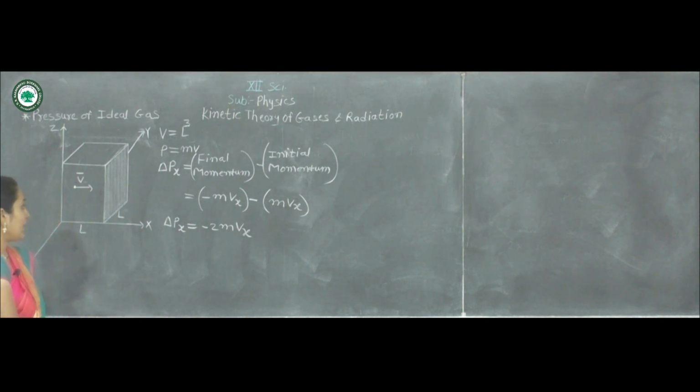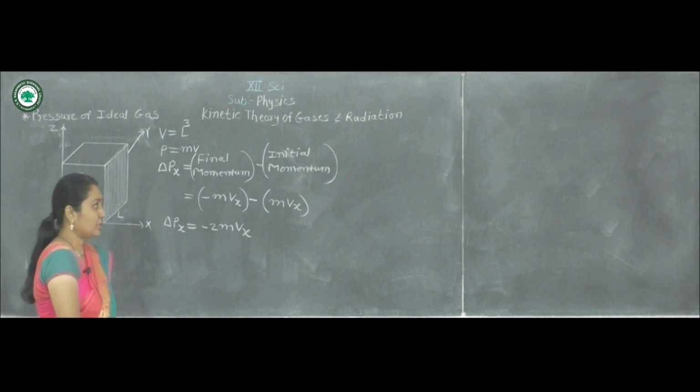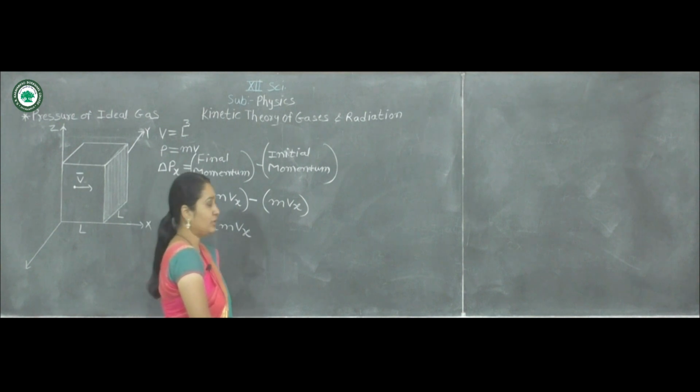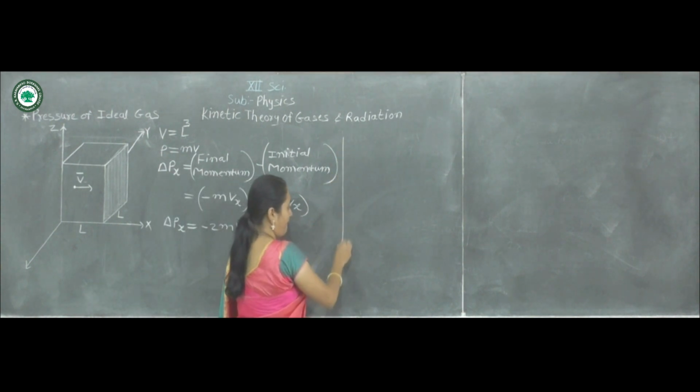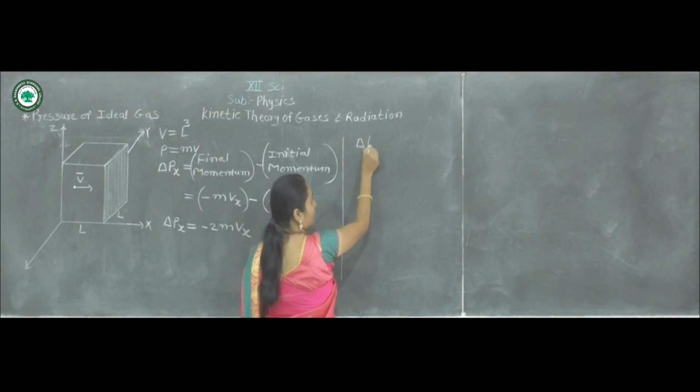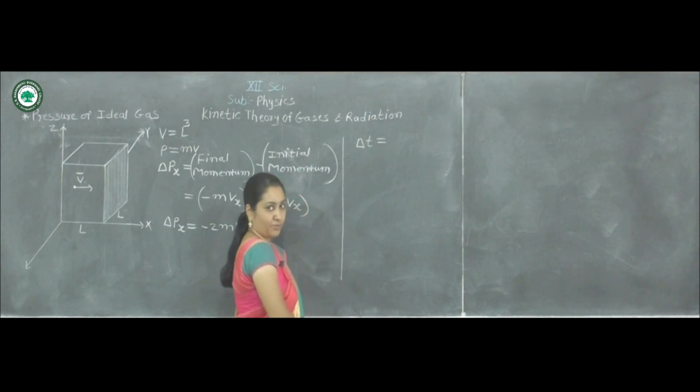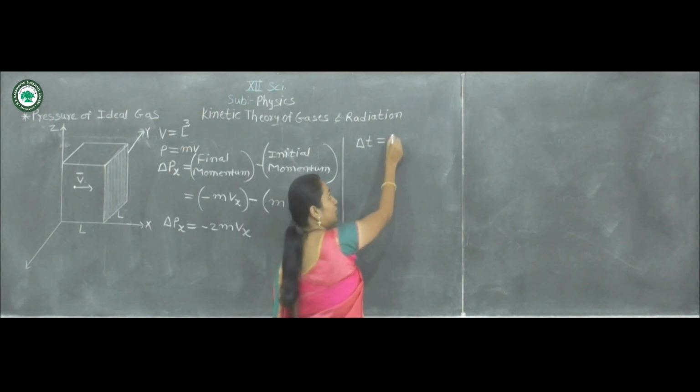Now the particle or the gas molecule is moving in this box. So the total time taken for the particle to collide with this wall and bounce back is delta t. So this time can be found by using the formula delta t is equal to 2L